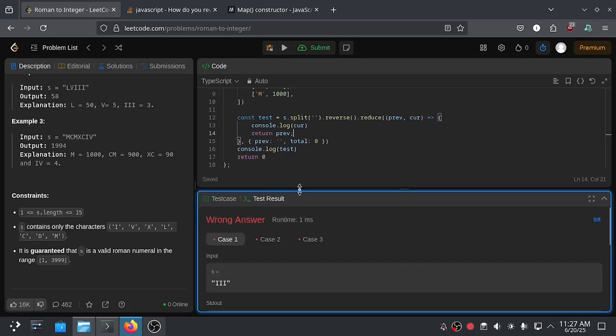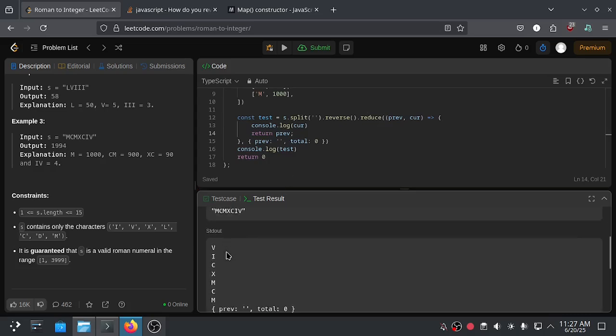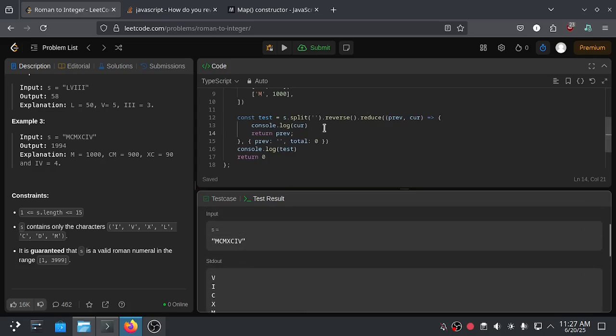Let's run this, and then it's iterating from back to front, and it's a good start.